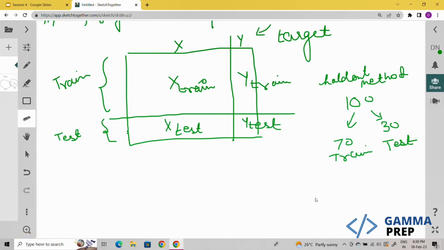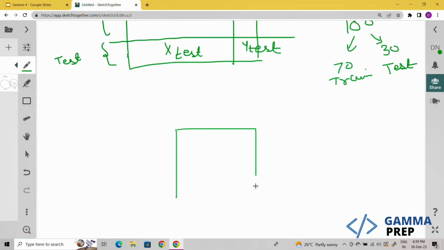Let me erase this. So we have already divided the data into training and testing, and this is done randomly. So any record can go to training or it can go to testing. So randomly 70% of the records would go to training data and the left ones, the 30%, are going to go to testing. It's up to you if you want to change the percentage. It's not that you only have to have 70% training and 30% testing. You can have 80, 20, 60, 40, it's up to you. But the bigger piece has to be training data, because you need more data to actually build the model or train the model, and less data to evaluate, right?